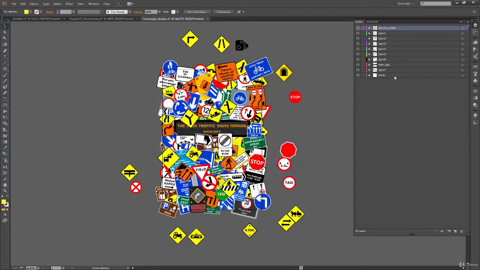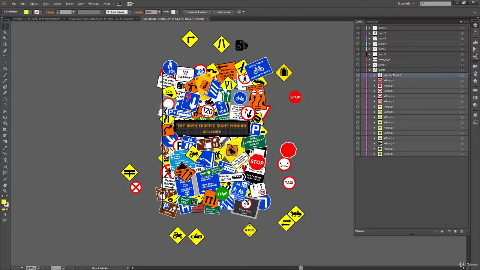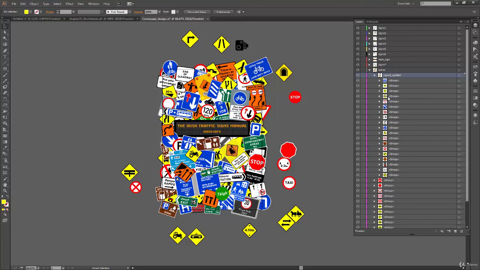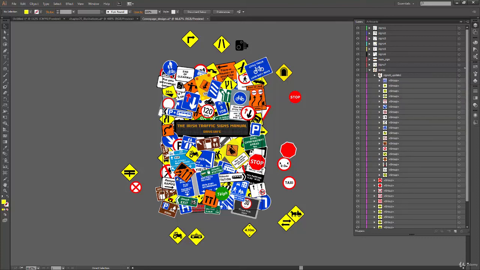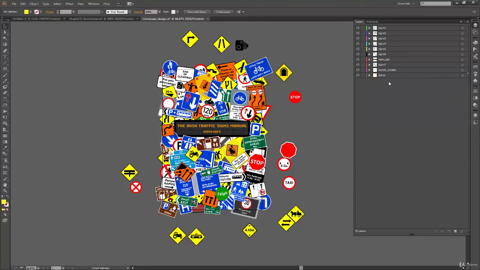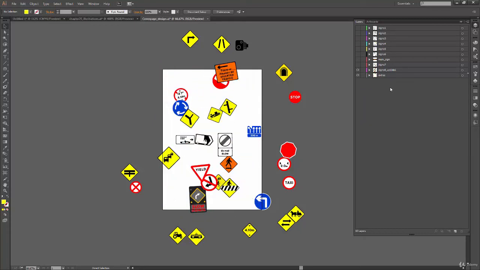Okay, now what happens if I release it on a layer? Let's say this sign 8, I'm dropping it in extra. Now what it does is it dropped my entire layer inside a layer. So it is called the nesting of layers. So I have this layer sign8 update inside this extra layer. So yeah, that's fairly simple. And let's just undo it and hide all the layers we don't need.